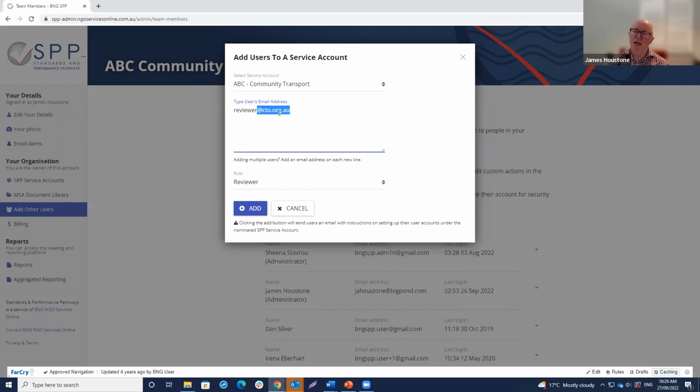If you set up a dedicated login, which was reviewer@cto.org.au, and you chose the password, then when it comes to your audit, you don't actually have to invite in the auditor because you've already set up a reviewer login. You could just simply hand them the login ID plus the password you assign to it, and that way they could just log in immediately.